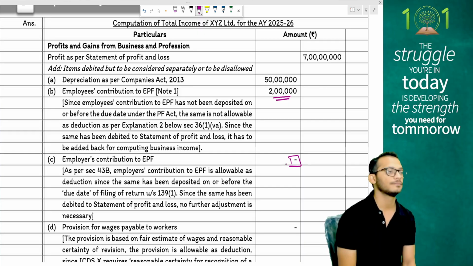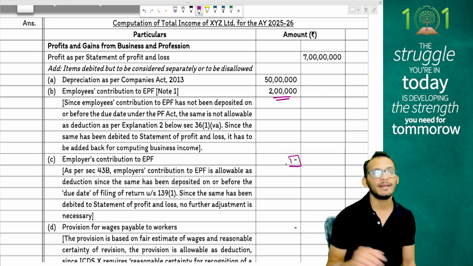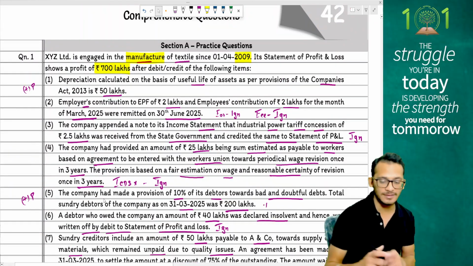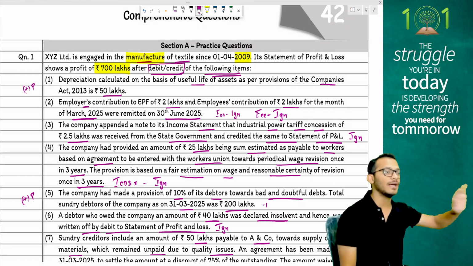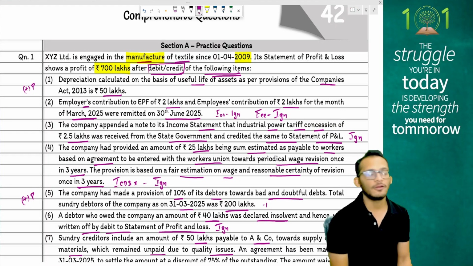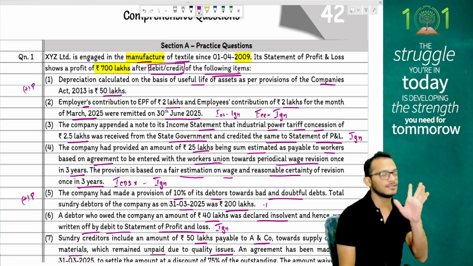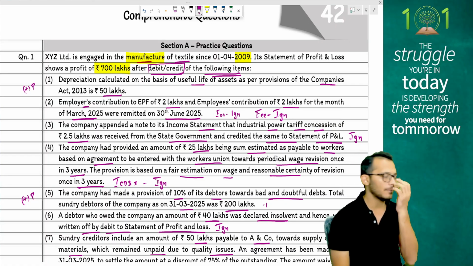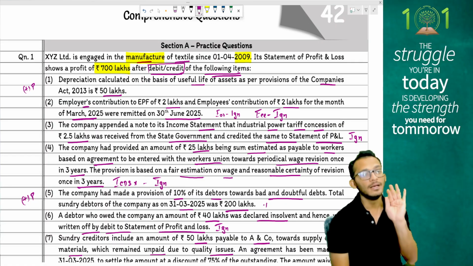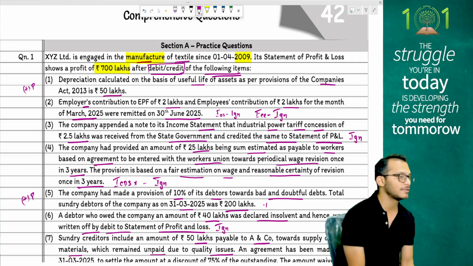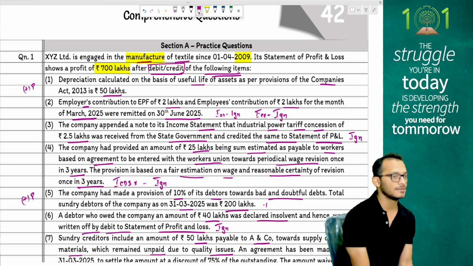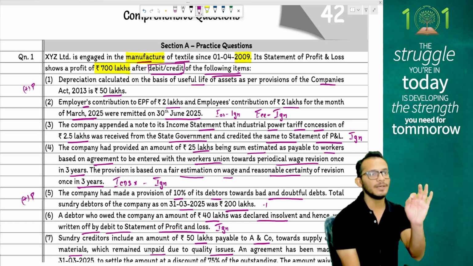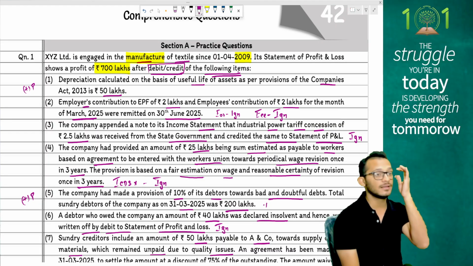Tell me why. Because the question starts with the first line saying after debit and credit of the following items, which means all items shown are part of P&L. So doing only a one-way 2 lakh adjustment is wrong. But that is what ICAI has done. Please don't worry about it, people. From an exam standpoint, you will also receive alternate answers. So it will be right, as long as you make the proper assumptions.